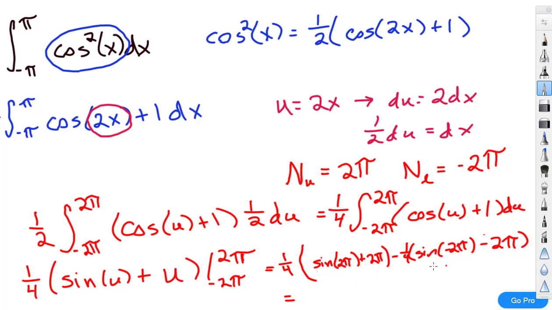And if you do the arithmetic on this properly, and it just blows my mind that this works, you're going to end up with an area of pi. Isn't that crazy that it ends up being such a nice number? Yeah, so those were the last examples I wanted to